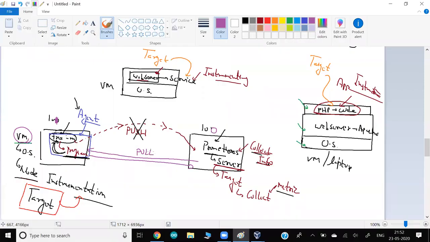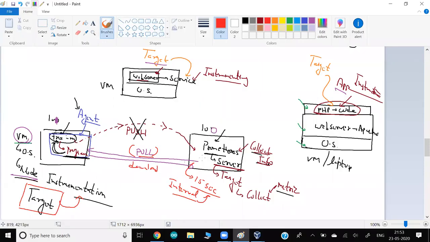What is the benefit of this and how it works, I will discuss in very much detail when I show you the demo. But in Prometheus, they are downloading the information from your target. Your target could be a complete node, any service, any app, network, cloud, whatever you have. They go whenever they want. Normally the typical interval is not every second; it is every 15 seconds they go, but you can increase and decrease it. So there is a default interval we use for pull. Pull means you can think of it as download.